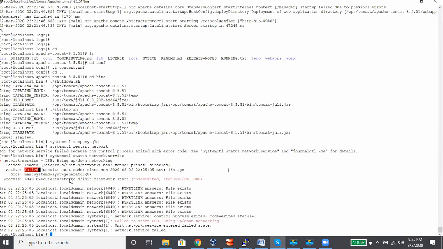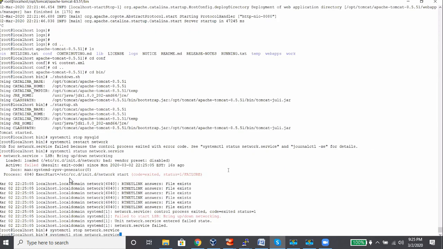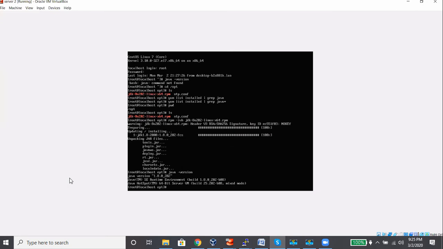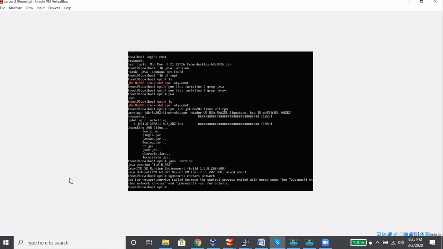Network failed. network.service failed because the control process exited with error code.